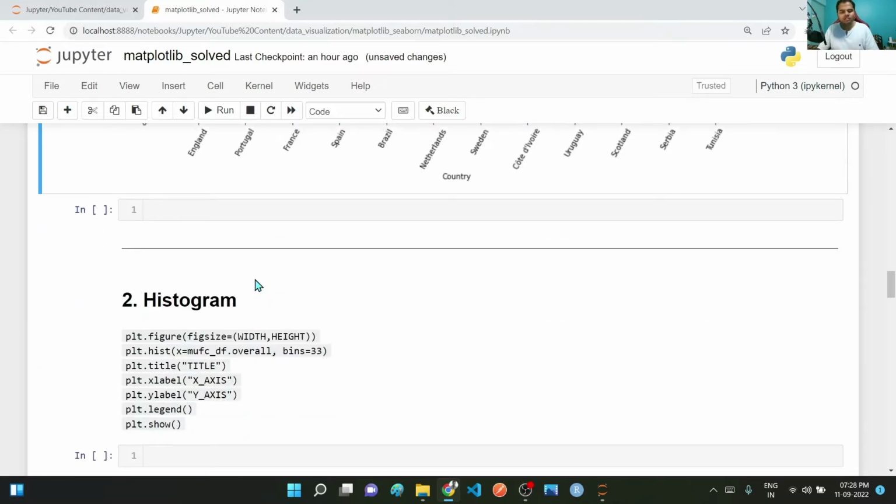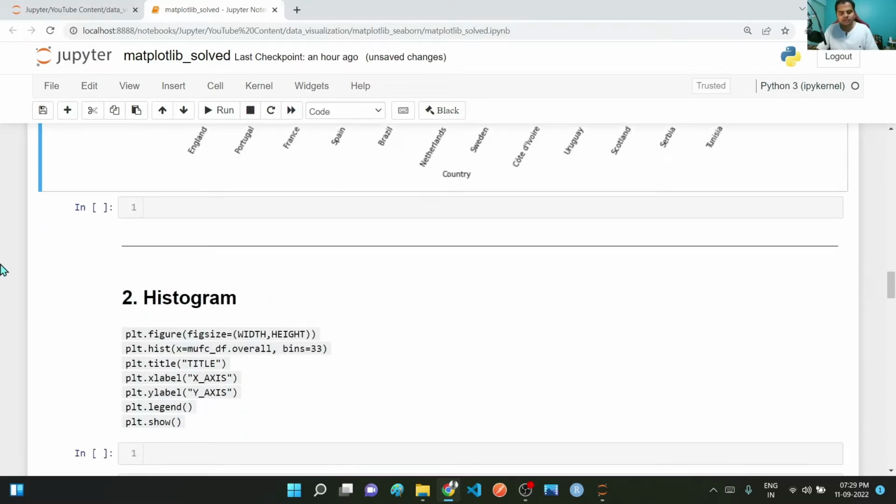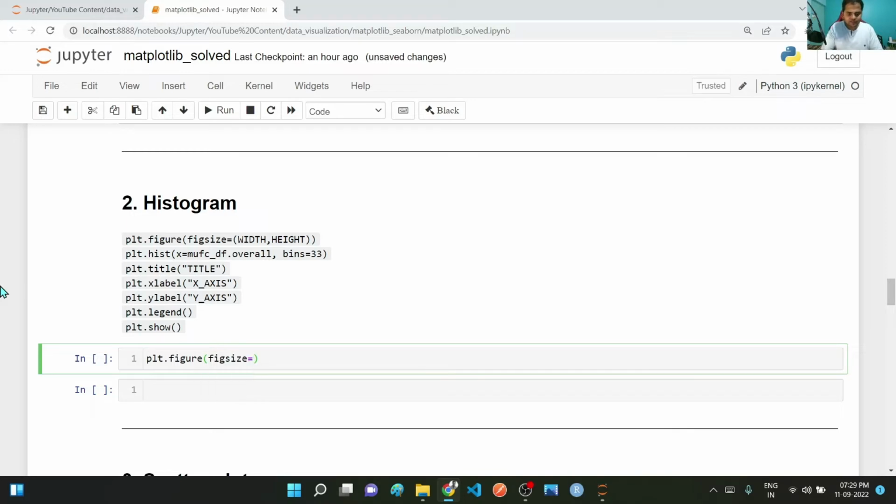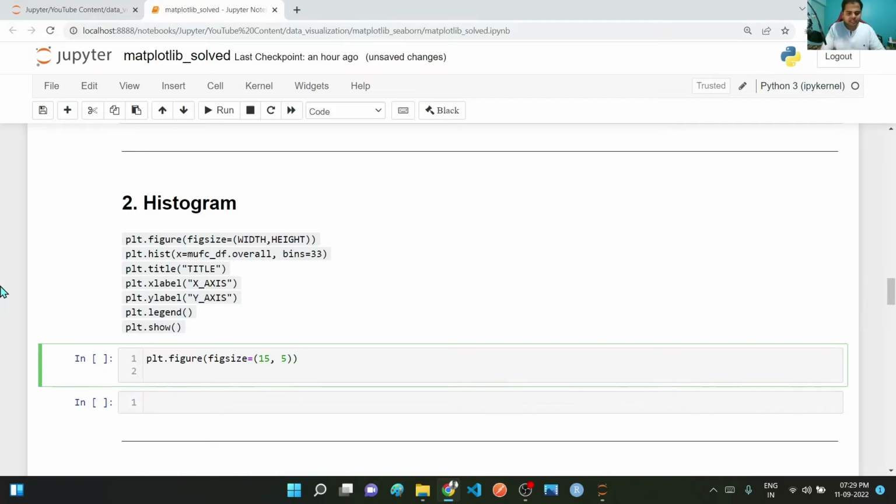Now moving on to the next one, the histogram. A histogram is basically a distribution of your frequency, and the format remains the same, only the change in code is of one line. Instead of plt.bar, which we used in bar plots, we will be using plt.hist. Very simple: plt.figure, and here you pass in the figsize, let's say again 15 and 5, and then plt.hist, and here x will be